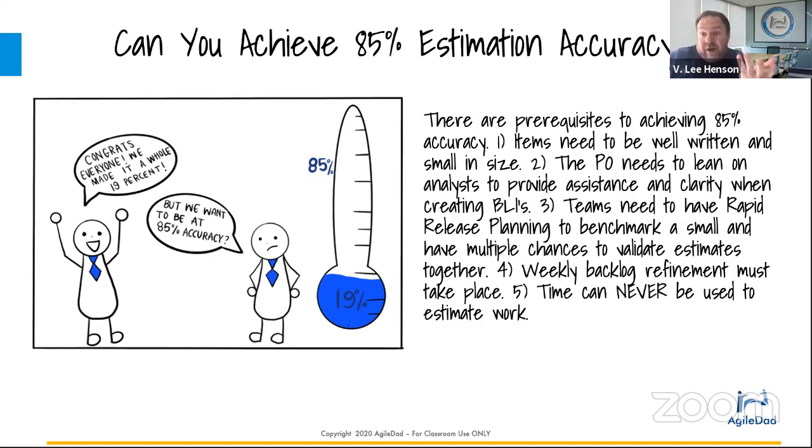We can do an approximate size, but all the size means at larger than 8 is that it's an epic that needs to be broken down. So it's not giving us an accurate sizing. Two, the PO needs to lean on their analysts in order to provide assistance and clarity when creating the backlog